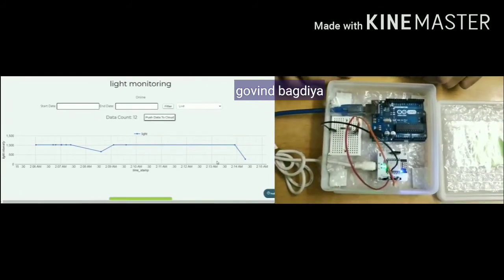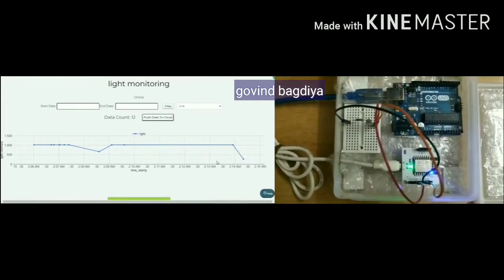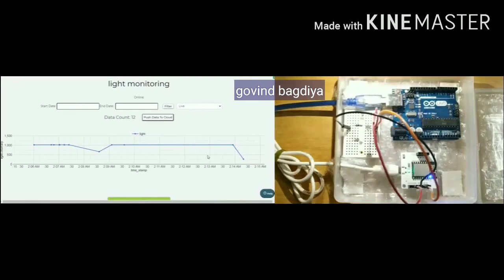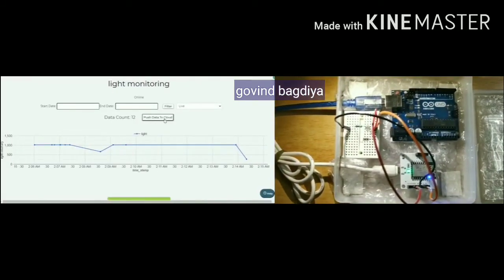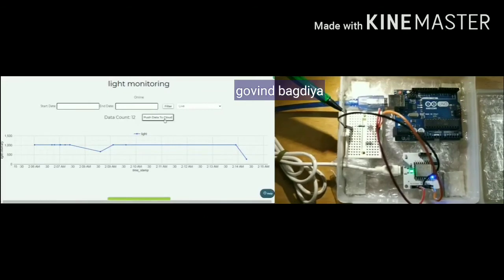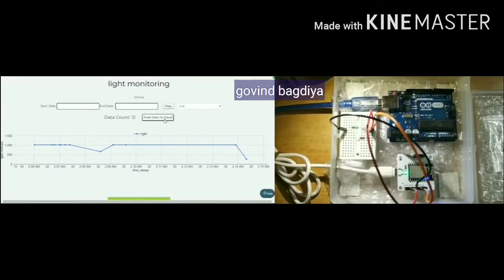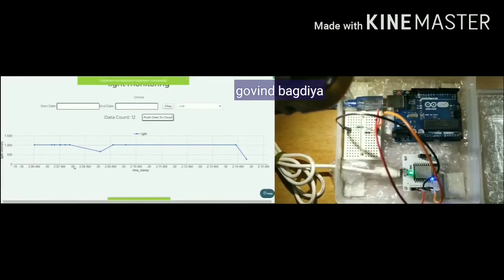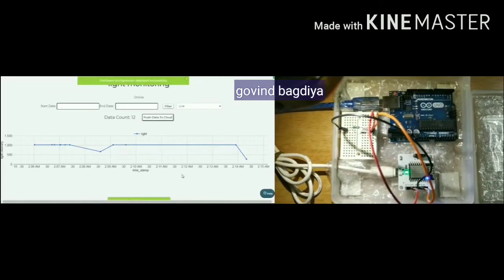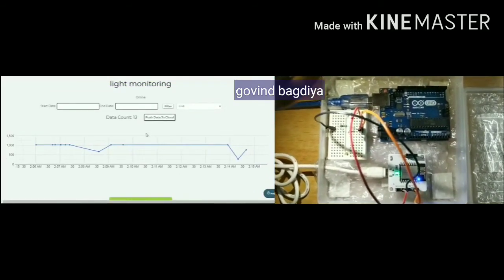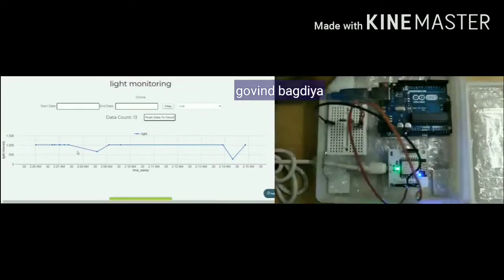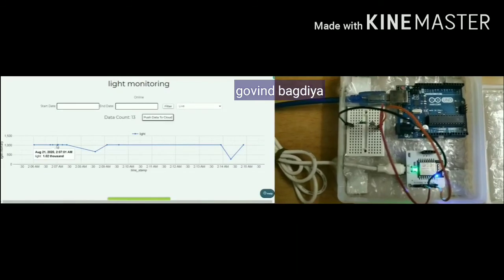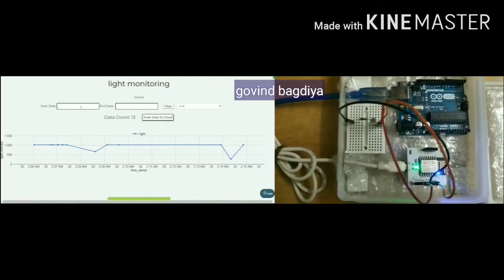So let's play with this. Increasing the brightness, we will see the corresponding change, we will see the live change. So I'm increasing the brightness. Clearly we can see the changes. Now the data count is 12 on the screen and it is a decreasing graph. See, on data count 13 the graph is increasing, and see these points, they give information about date, time and the value. So it's a very good and efficient technology.